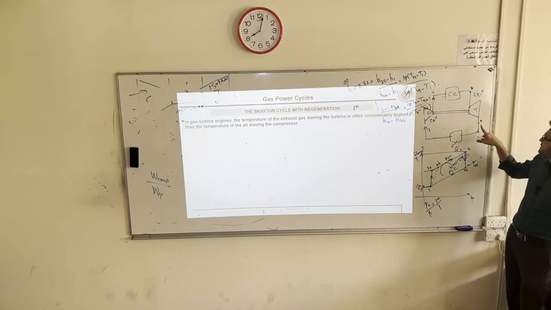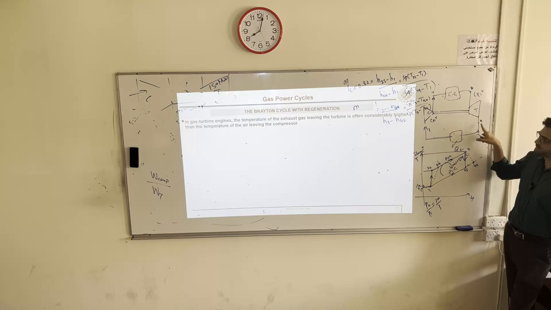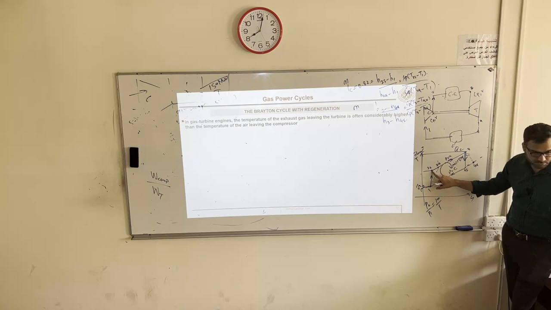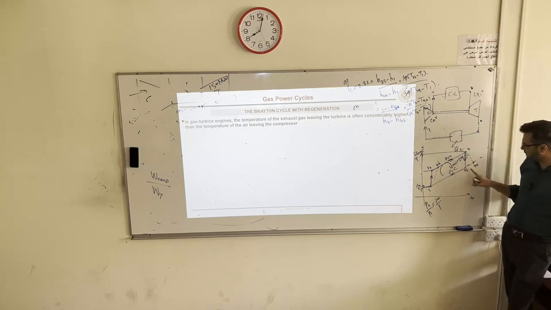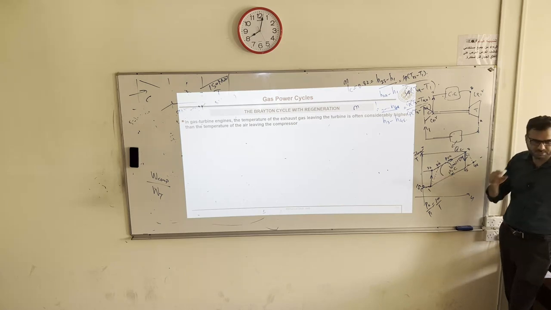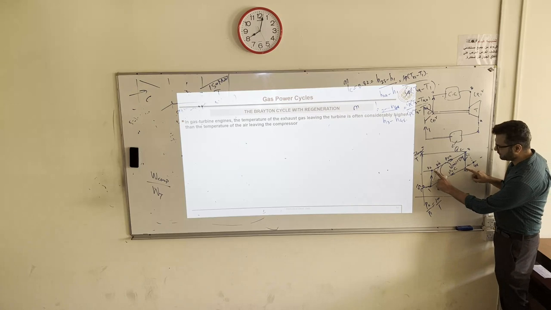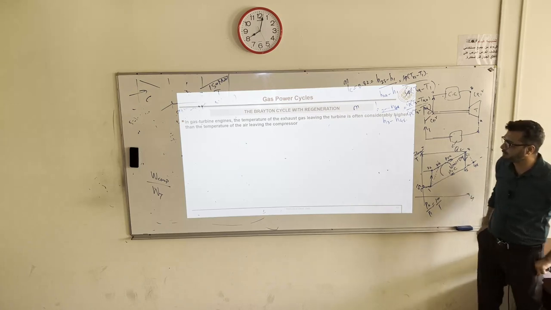One of the ways is this one. Look, when it leaves the turbine, its temperature is still very high. Pressure is the same, but the temperature is still higher than ambient. In this problem the difference between point 4 and 2 is very small. But if you have a significant temperature difference, if I redraw it like this,